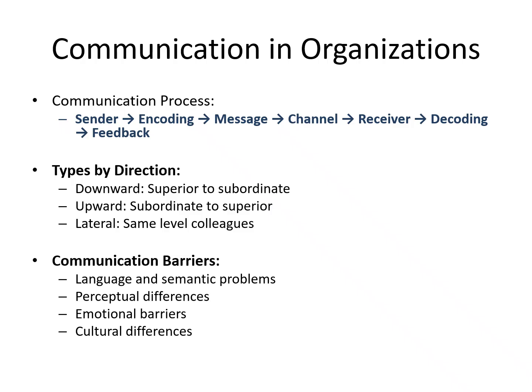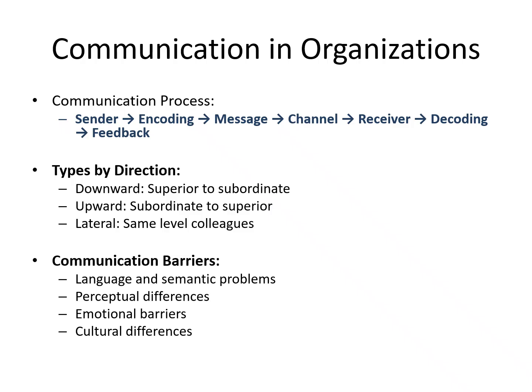Communication in organization, communication process. So what is the communication process? You all have learned it in your class 12th. You can just remember it by reading this communication process. Sender, then it is encoded, it forms into a message. That message transfers through a channel. When it transfers through a channel, there is a receiver who receives the message. He decodes the message and gives his feedback. As simple as that: sender, encoding, message, channel, receiver, decoding, feedback.